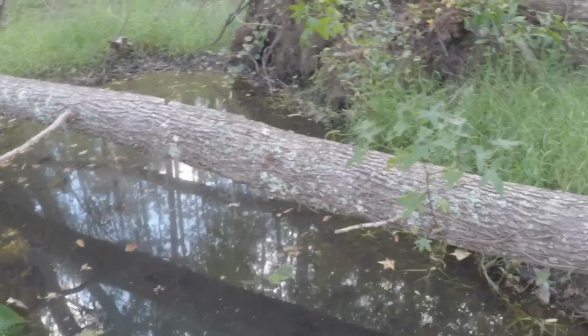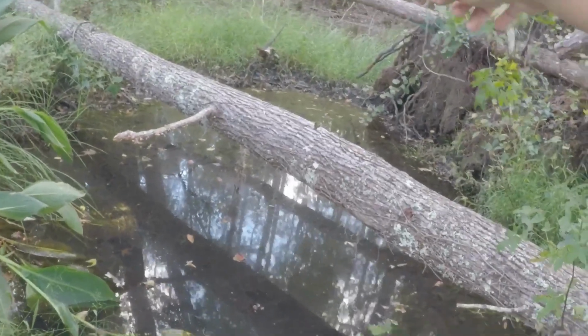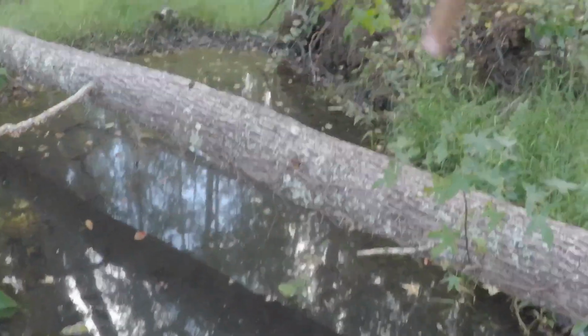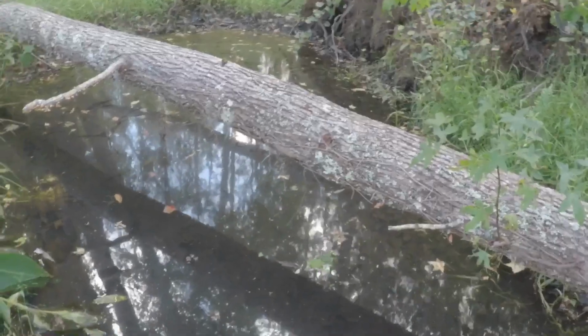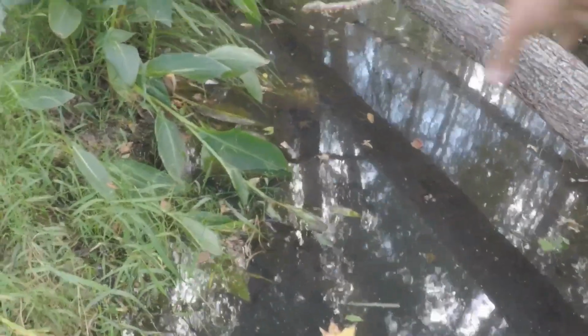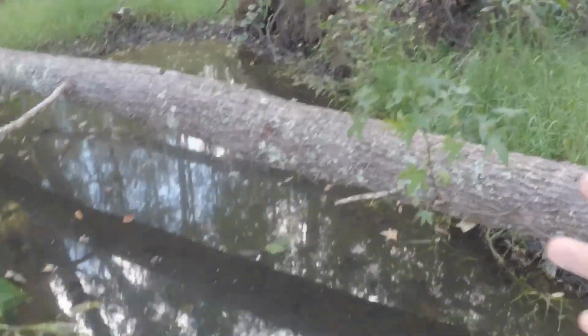I mean, it was plenty deep enough. Over there it's only like a foot, which is kind of low right now. In this area it's probably 2 to 3 feet, and then this area right here is like 4 foot deep. And that's plenty deep enough for minnows, small tiny bass, and